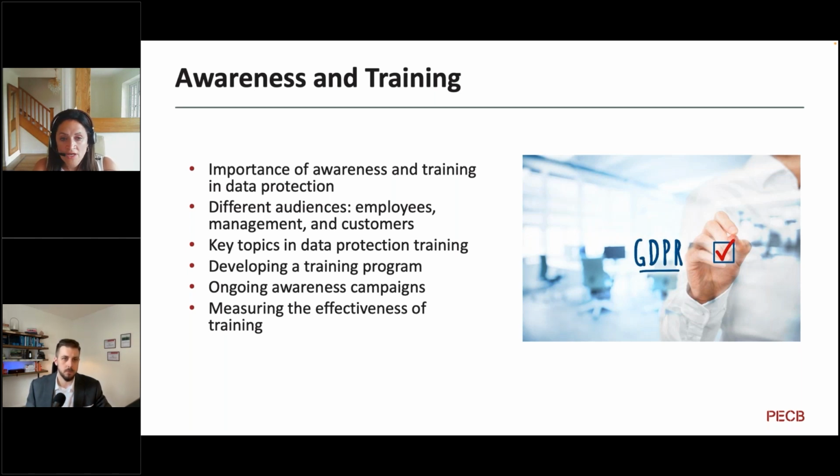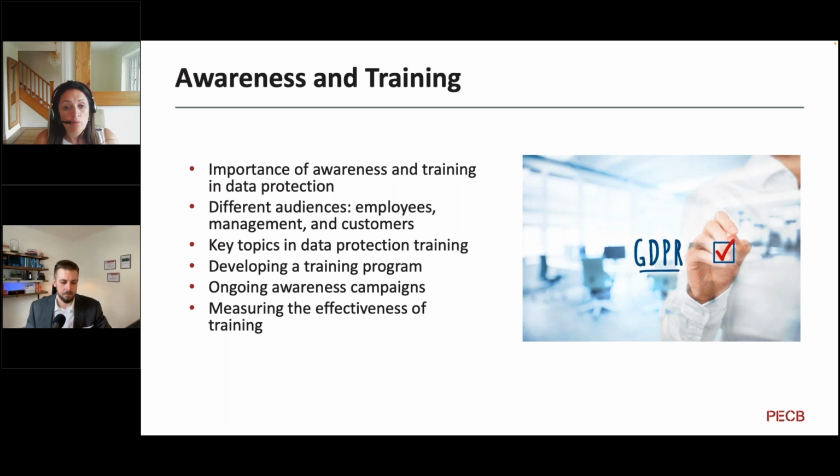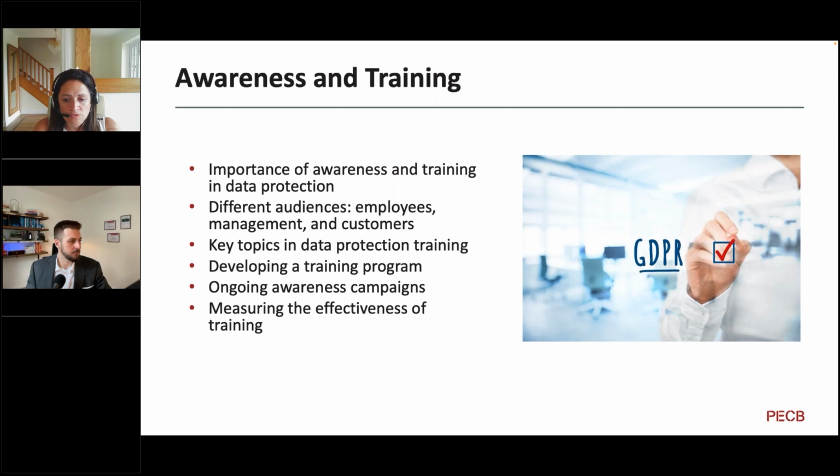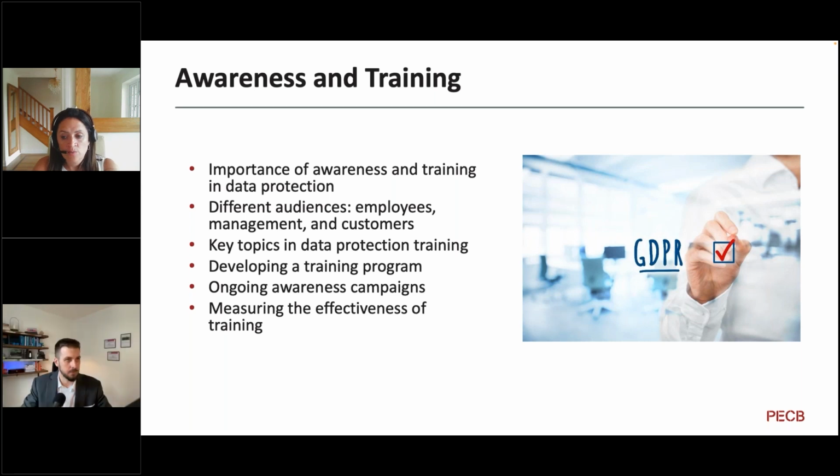So really, it's best to develop a training program, including identifying the needs of those different audiences, developing the materials and resources that support that, scheduling in your training sessions, and ensuring that the training is engaging and interactive, because it's quite a dry subject sometimes. So it's really about giving those practical examples of how it applies in the day-to-day role of the individuals. We also need to think about awareness campaigns, and there need to be regular communications, updates, and reminders about data protection, as well as doing things like celebrating Data Protection Day or participating in any other relevant events.